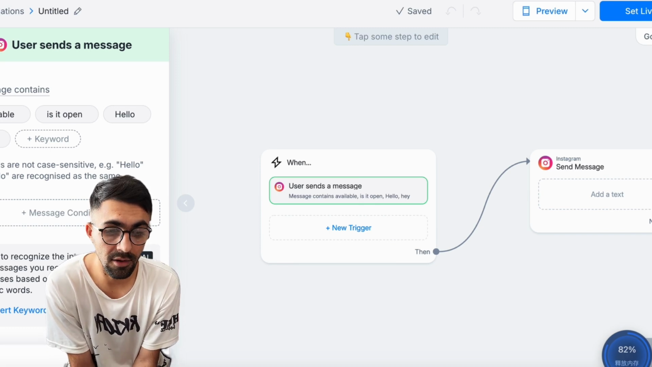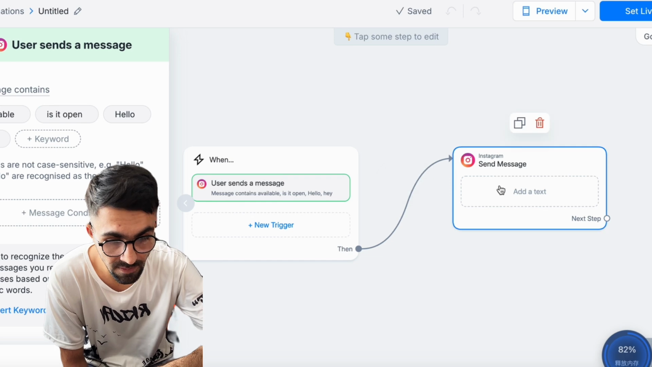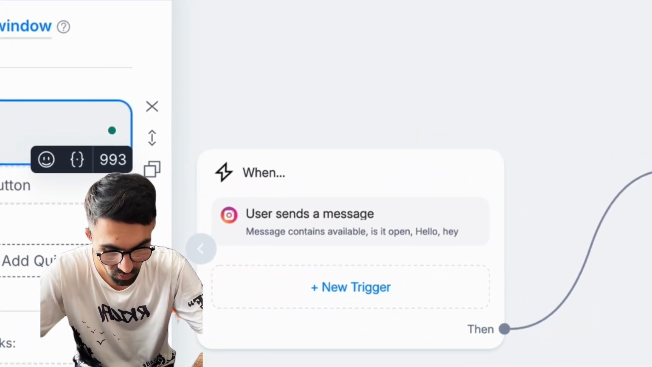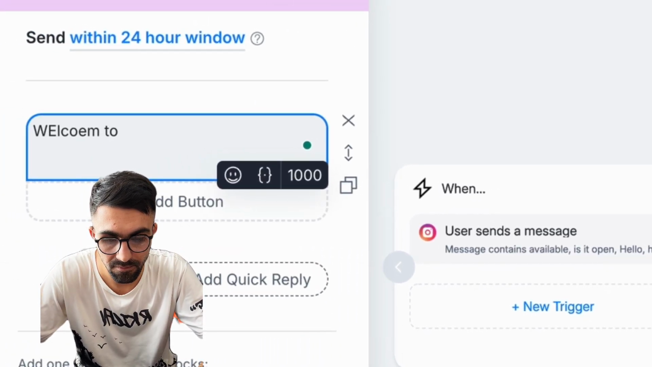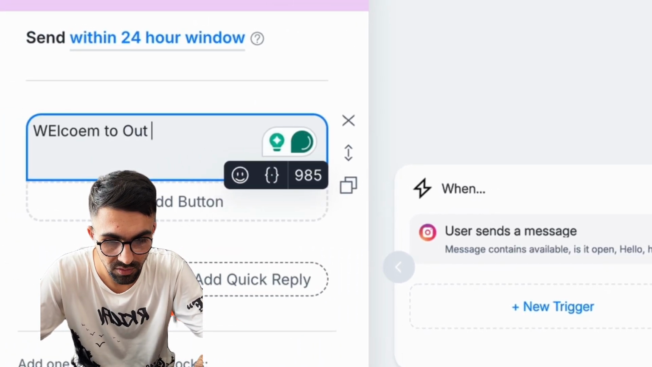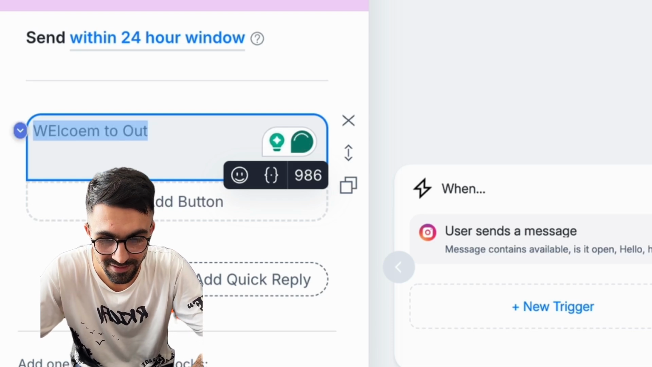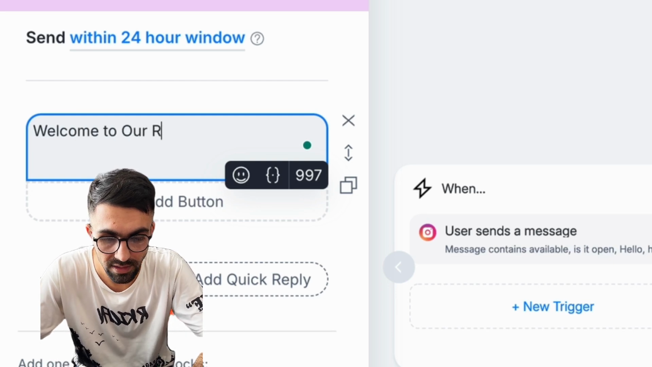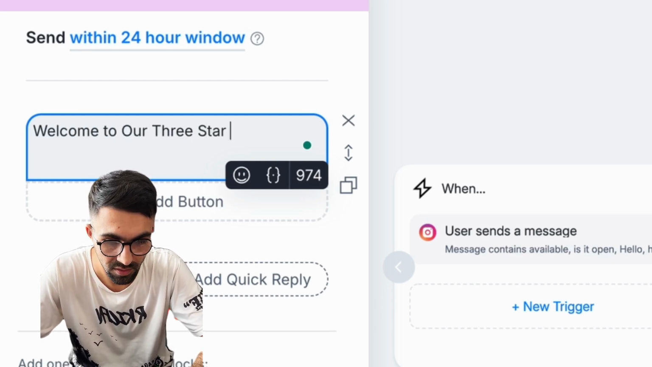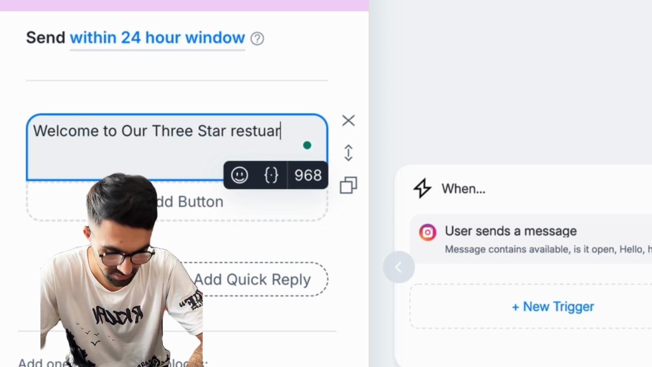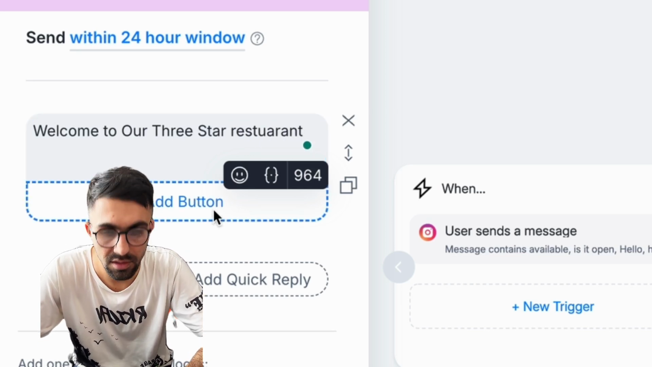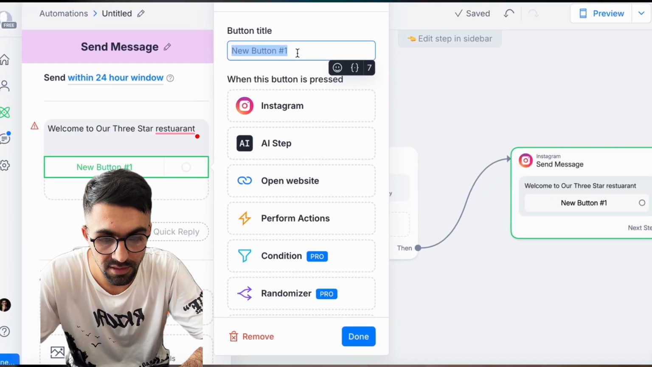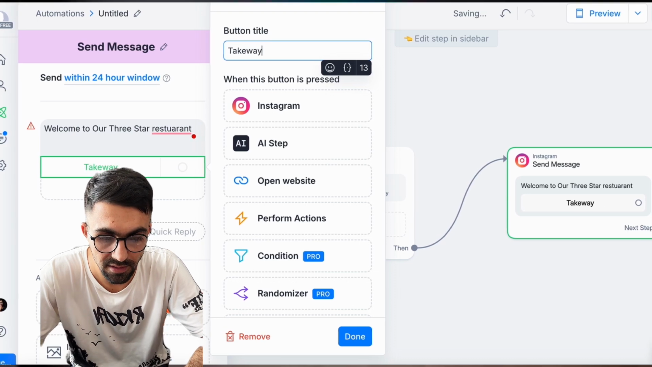So these are the triggers that automate your chatbot, and then when it's triggered, you have to tell it what to respond to those queries. Like if I have welcome to, or please mind these businesses, so when I come here I can write, welcome to our 3-star restaurant, and you can put buttons here as well, and the buttons are for quick responses like